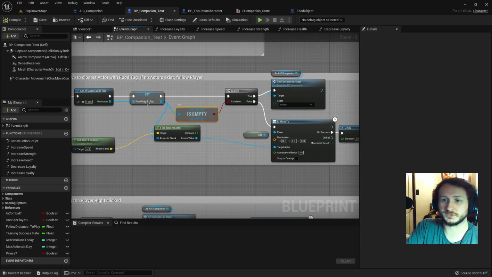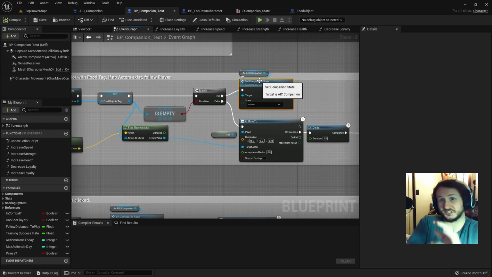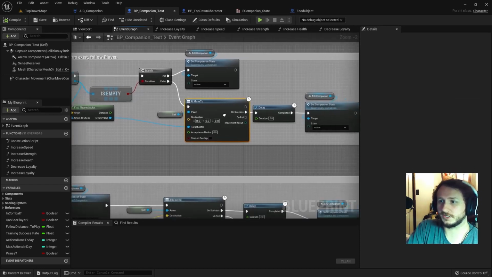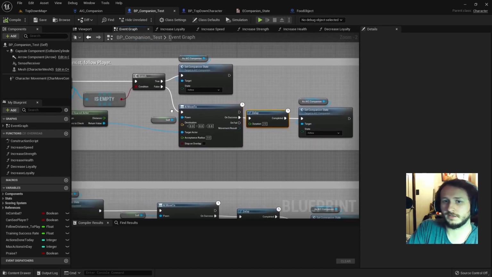Now, if there's nothing left in the world or in this array, we check if it's empty. And if it's true, then it just goes straight to following the player. If I don't set that, then it just stands there and does nothing at all. So we need to set that. But if there is stuff in this variable, it'll return false because is empty is false. There's stuff in there. It will fire this off, move to it, stand there for 2 seconds, and